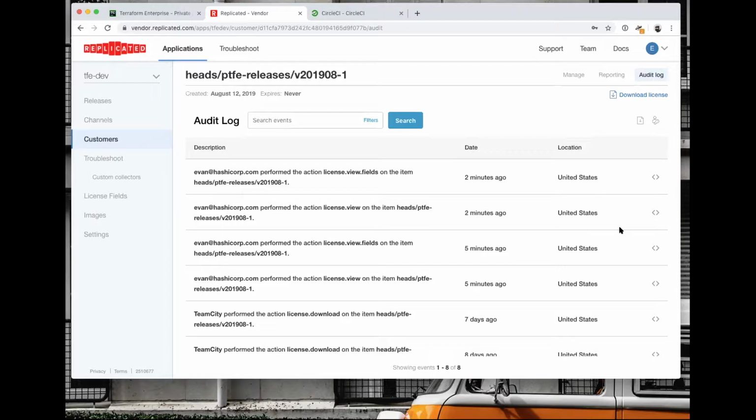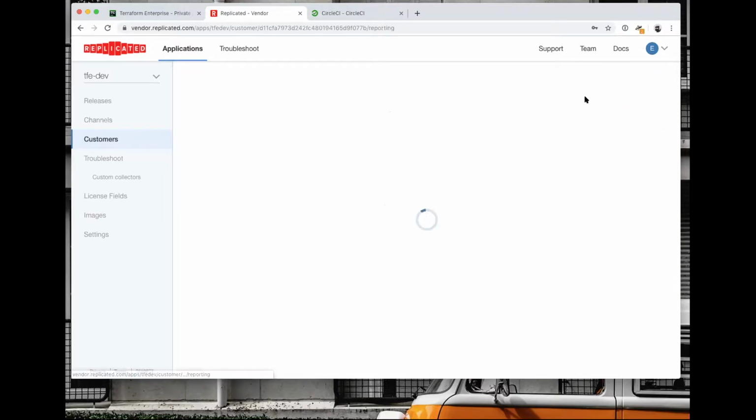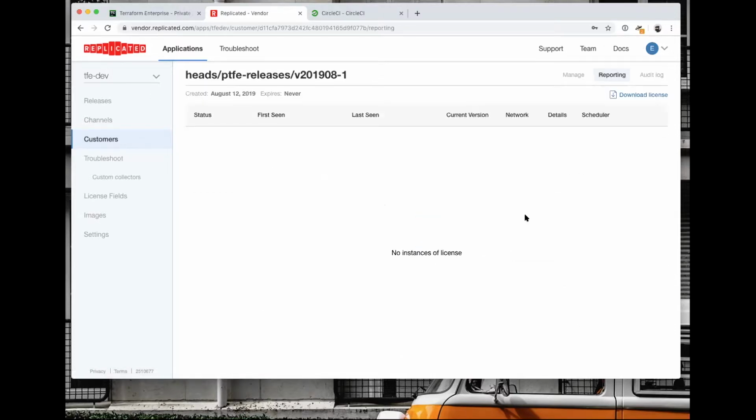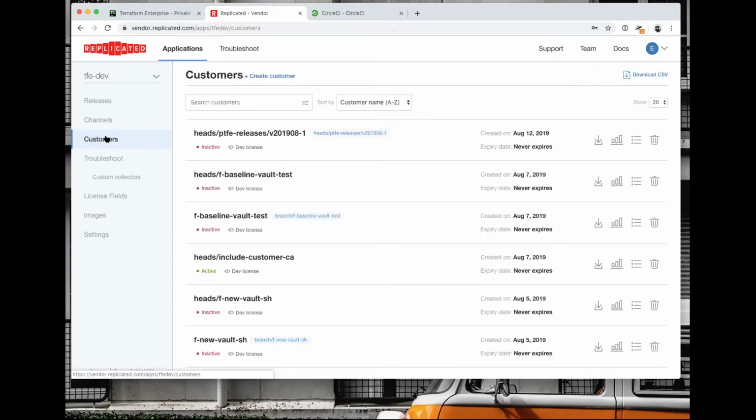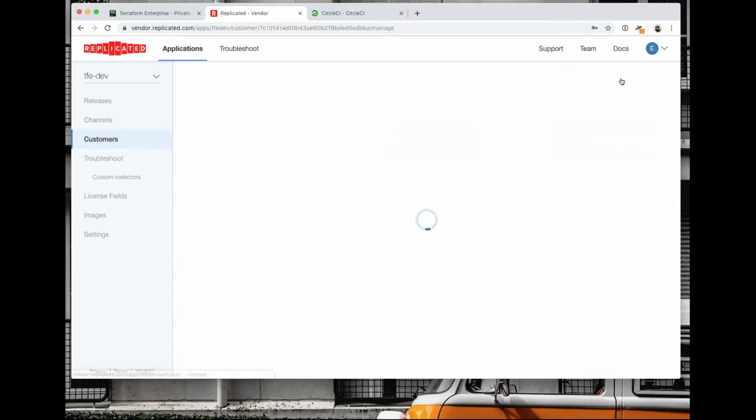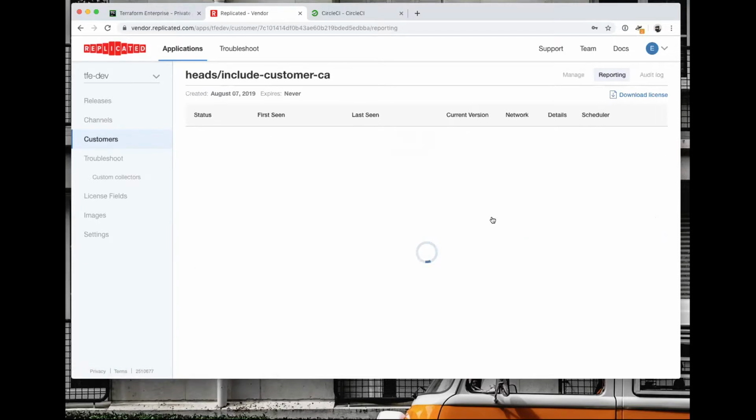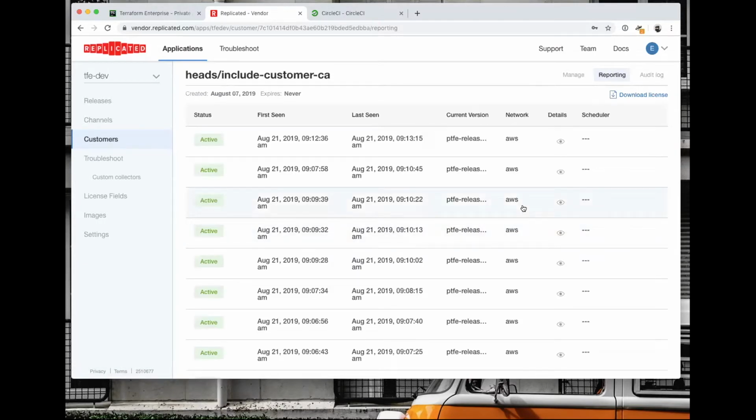Yeah. And let's click on the reporting tab. Sure. It sounds like you installed this, so it should show. Generally, what happens here is if a license has been installed and it was online and made an outbound request, it would show up as installed. Maybe I'm not sure why it didn't. It should have actually. So this one at least says active, so this probably has the reporting. This will say here's when it was installed, here's what happened. Yeah, that's today. So that's been done a few times.